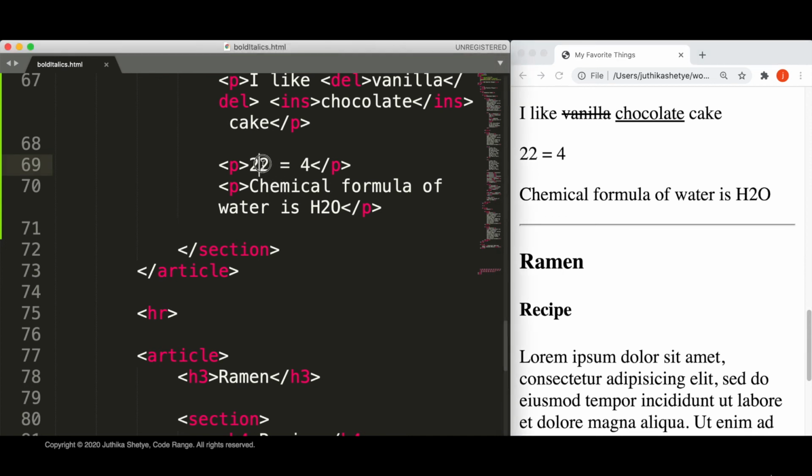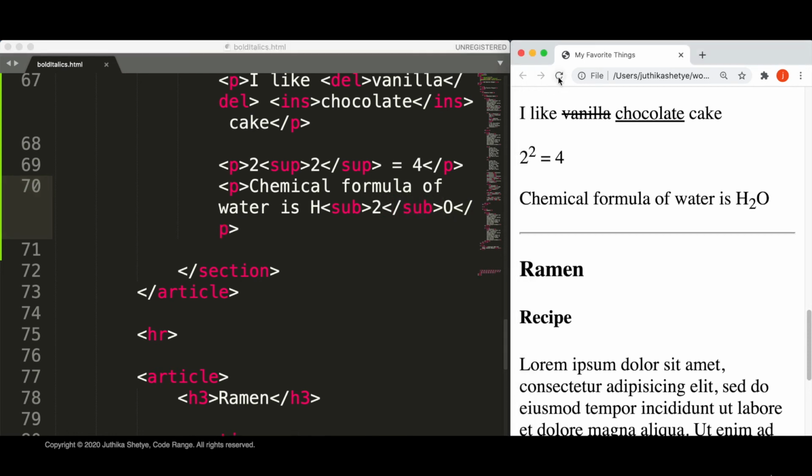Since I want this 2 above the normal line, I will put it inside the sup element. And since I want this 2 in H2O below the normal line, I will put it inside the sub element. Now you can see the numbers have displayed exactly as we wanted.